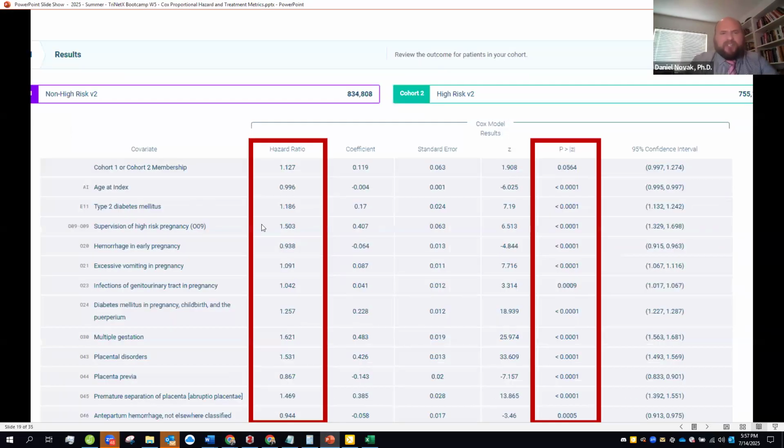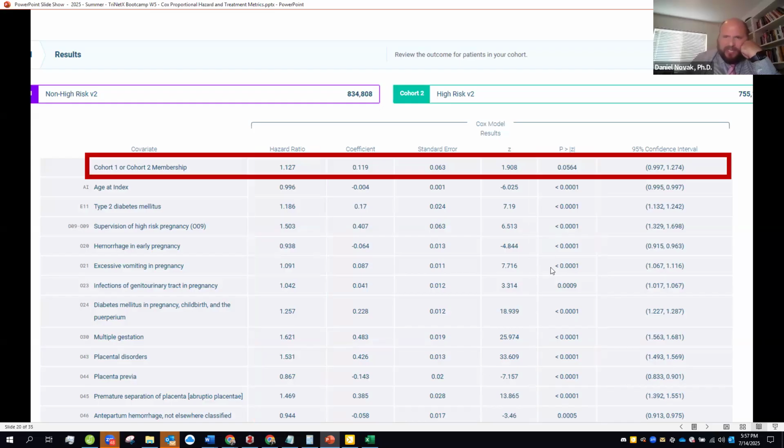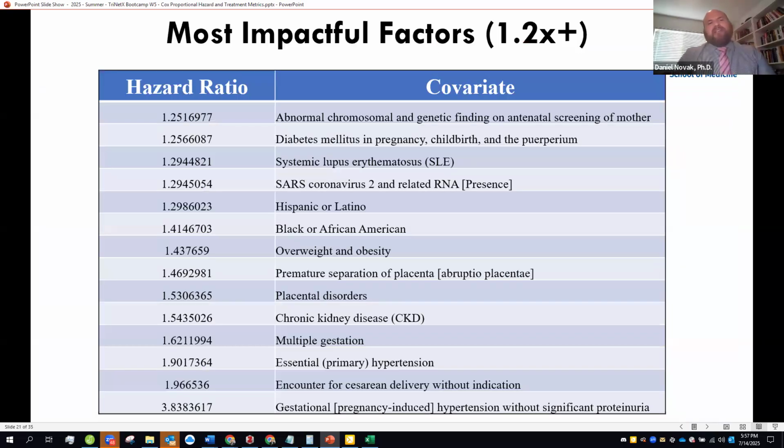So just to review that again, you're going to look for your hazard ratio. This is how much having the associated characteristics, or being in one of these groups, increases your odds of having that outcome. And this is how statistically significant each one is. And then you also get your 95% confidence interval over here if you want to use that to report. So when I ran this a couple of times,